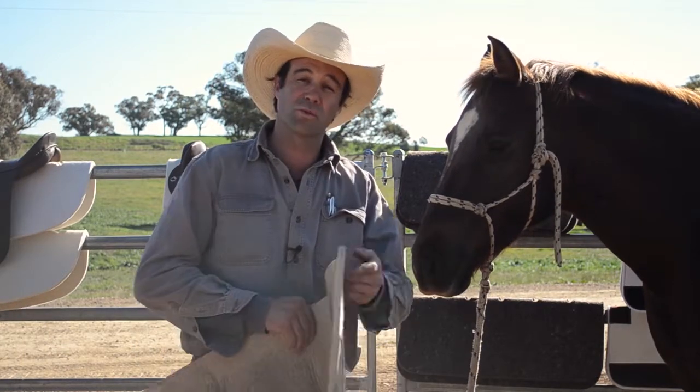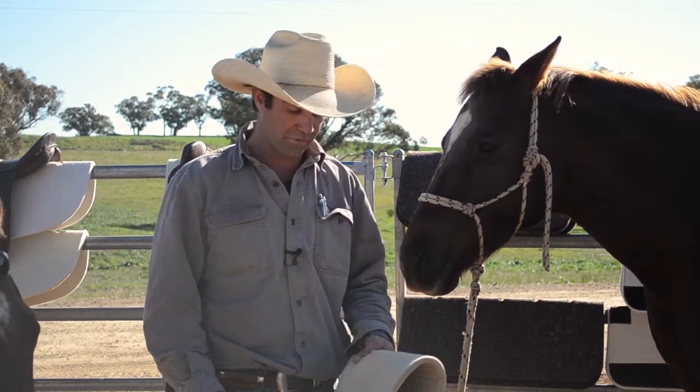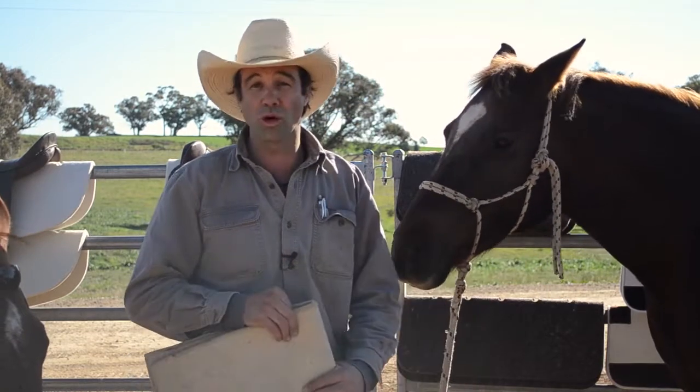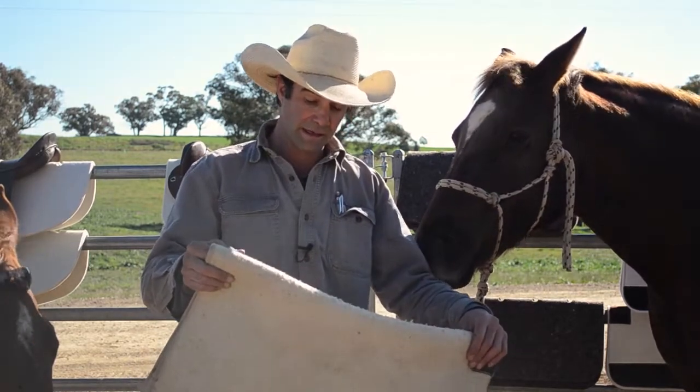And then if you want to wash the sweat out, take your pad, soak it in a big tub of water, or soak it in a trough, or whatever you want to soak it in. You don't need to put any chemicals with it. Don't put hot water with it. Pure wool, it will shrink. And then